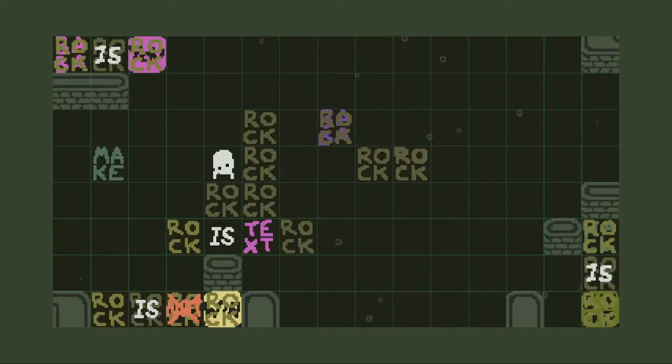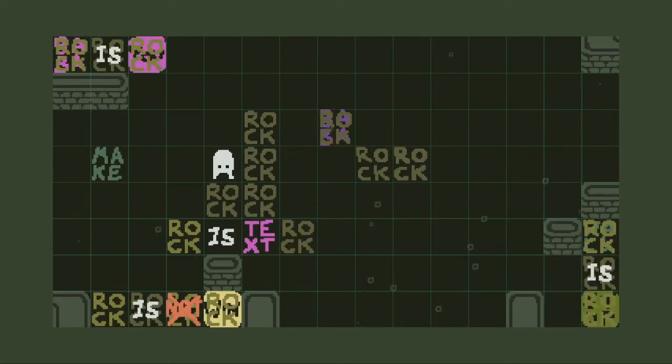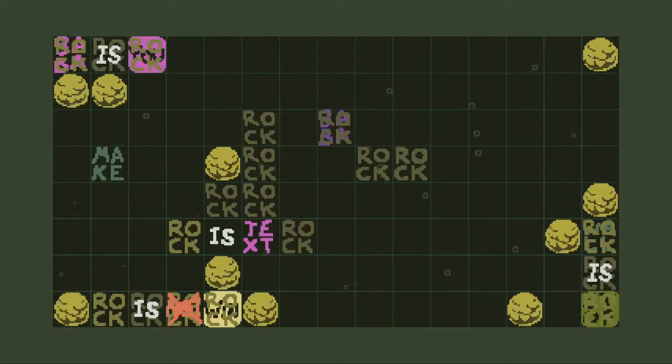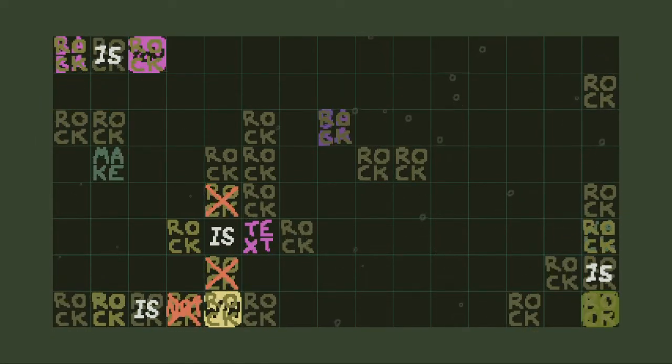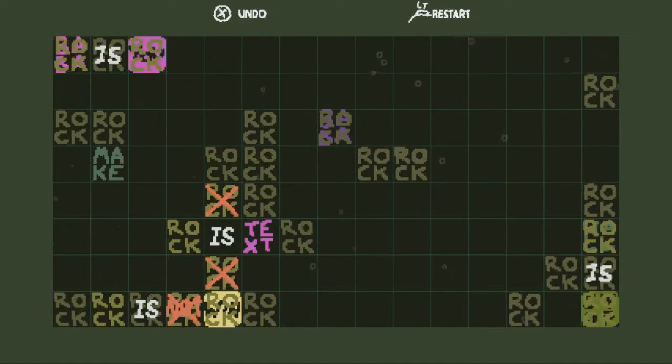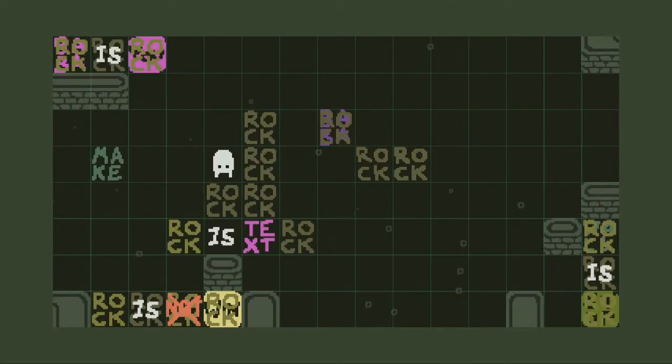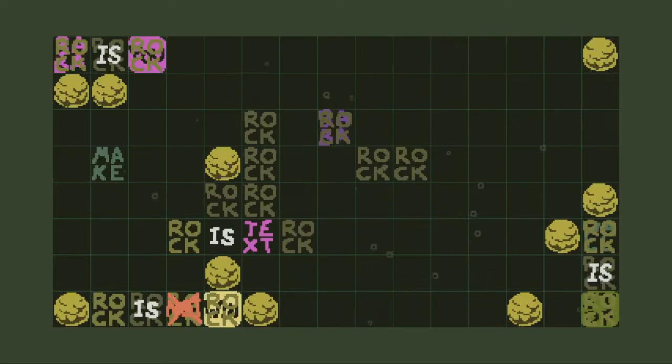So let's push it down once. The wall has not transformed into a rock yet, so let's wait once. Now the wall became a rock. And now let's move down. I said rock is rock win. Right, because the rock was still text. And so at this point,